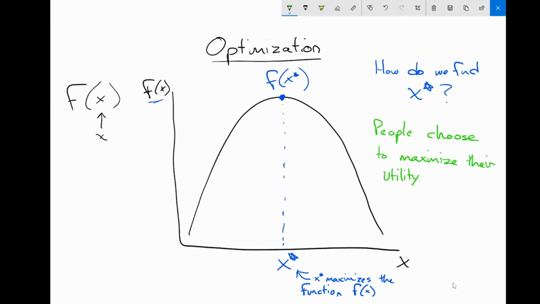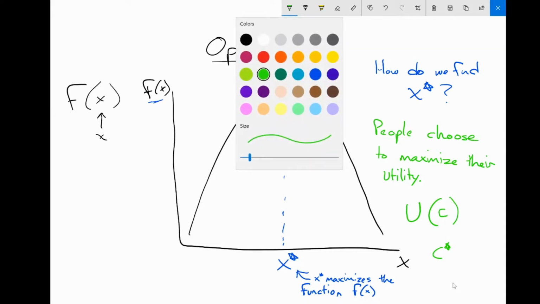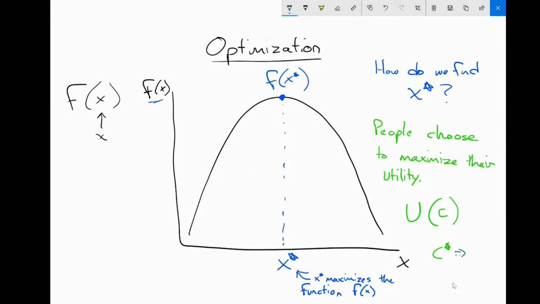Okay, so kind of predicting what's coming, what we're going to eventually have is a function that is a utility function. And that utility function is going to be a function of some good. Let's say it's coffee, or C. So if we wanted to know how much coffee people are going to consume, well, we want to know C star. We want to know how many cups of coffee someone would consume such that they achieve the highest amount of utility. So we want to know the C star, the number of cups of coffee